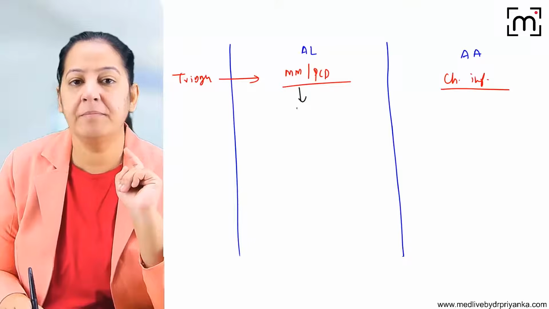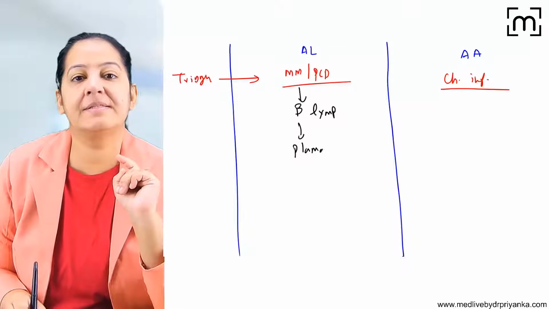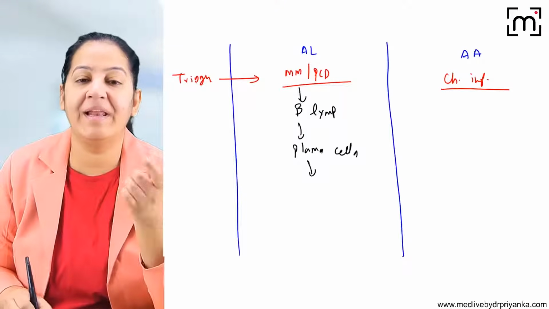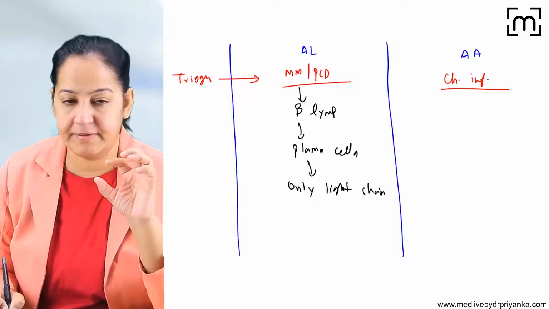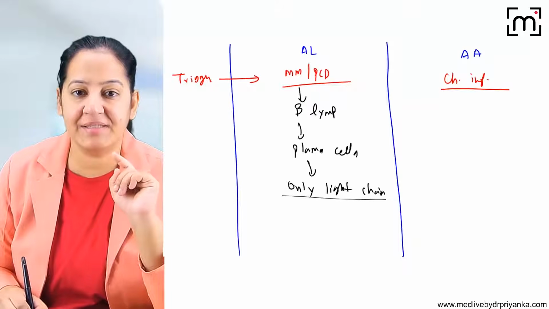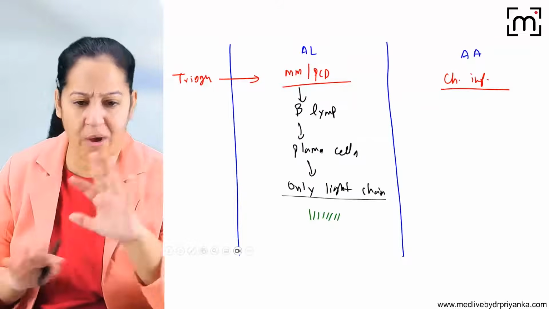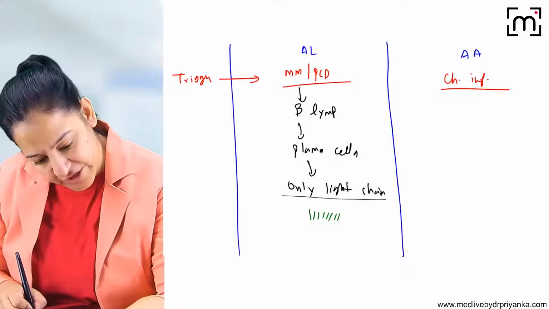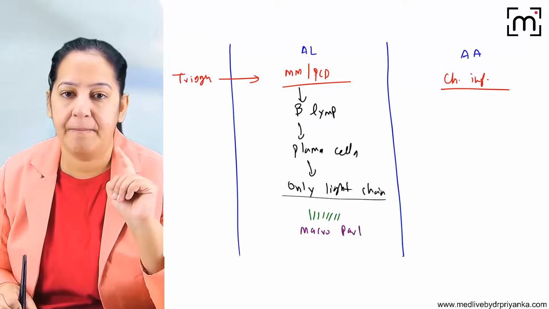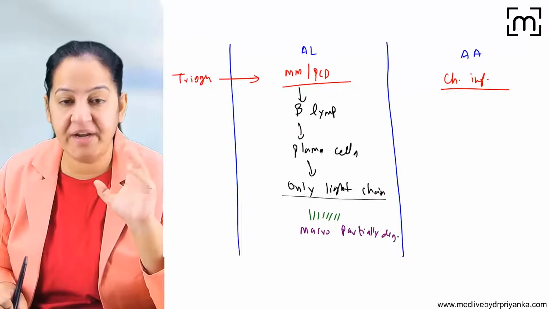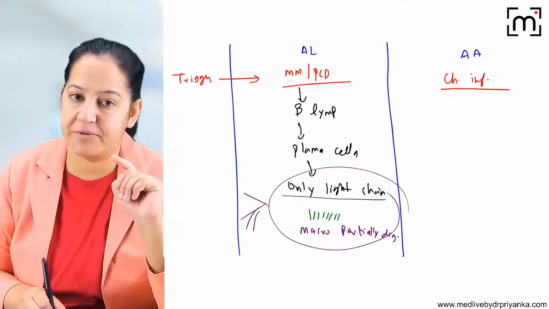Here due to multiple myeloma, the B lymphocytes are mutated. So the plasma cells are mutated. Since the plasma cells are mutated, they form only light chain. They do not form the heavy chain. So only light chain is the abnormal protein here, kappa or lambda, no heavy chain. It's an abnormal protein. So macrophage will come and try to degrade it. So macrophage will partially degrade it. Partially degraded light chain will be formed, and that is AL type of amyloid, and that will get deposited in various tissues.